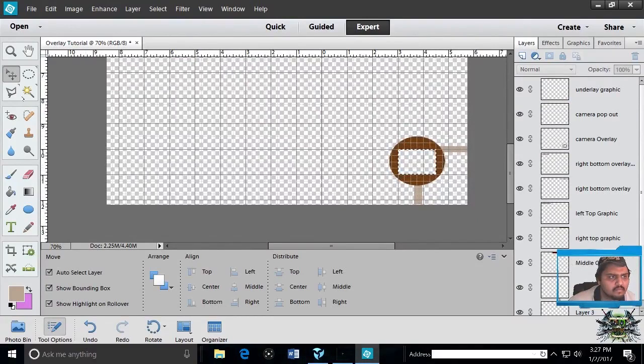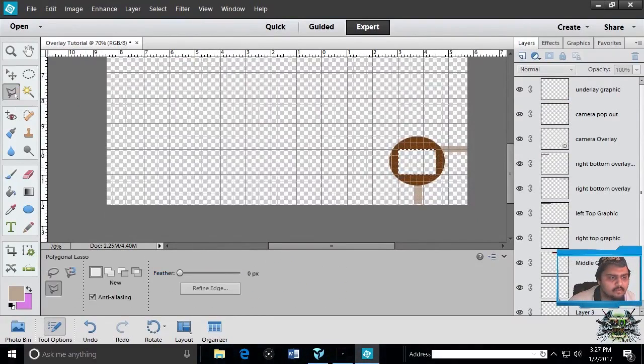And we'll use the same Polygonal Lasso tool. I'm gonna carve out another one of the underlays. Let's see, what can I do here? Maybe we get something like